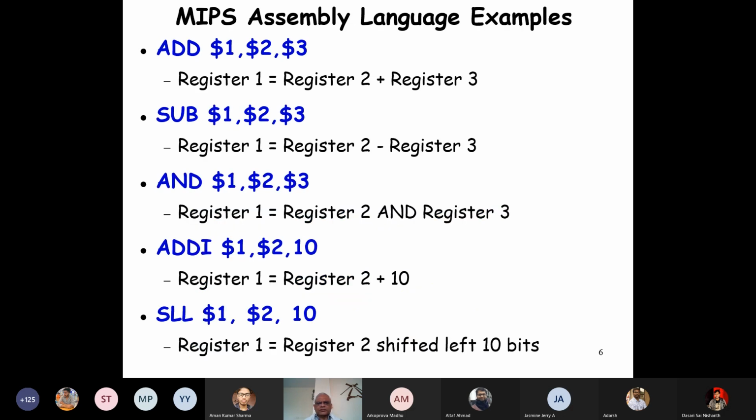Now let's look at some examples. Add registers 2 and 3 into register 1. Registers 2 and 3 are the source operands. This is the convention in assembly programming: the first one is the destination register. Slowly you will get used to it.